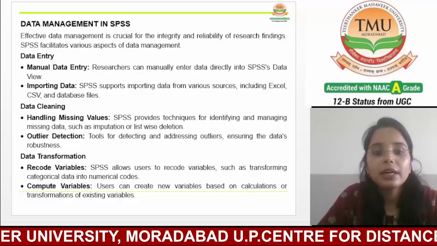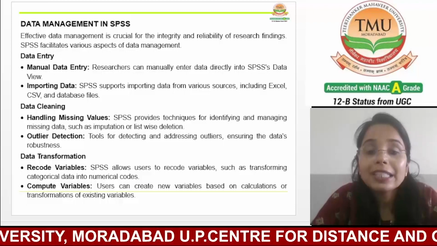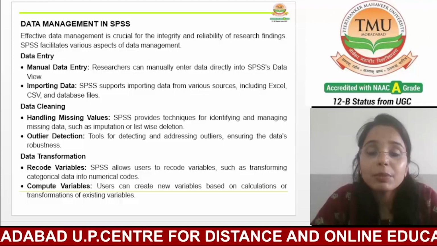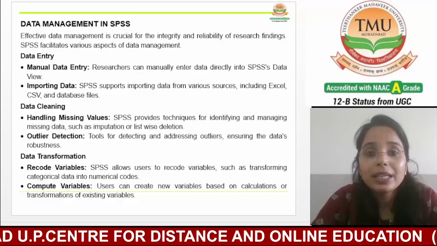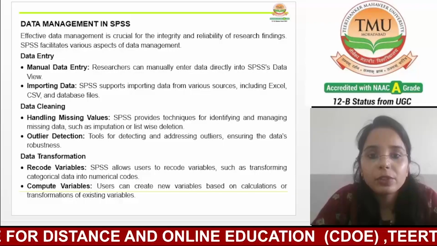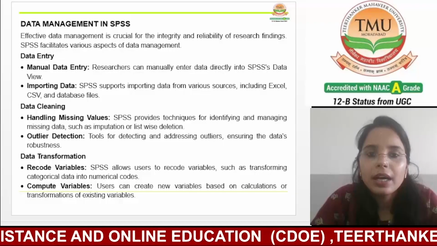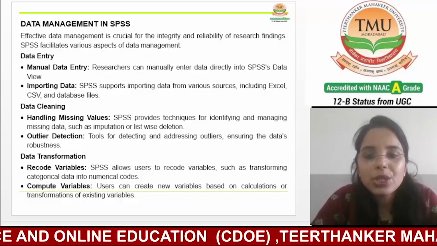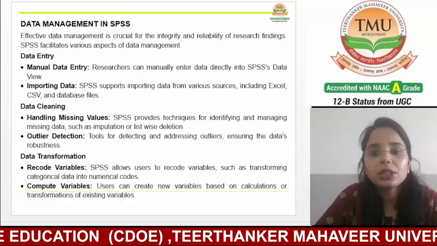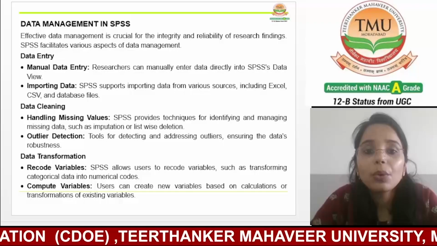Now, the third one is data transformation in SPSS. If we talk about data transformation in SPSS, the first point is recode variables. Sometimes you might need to change how your data is coded.